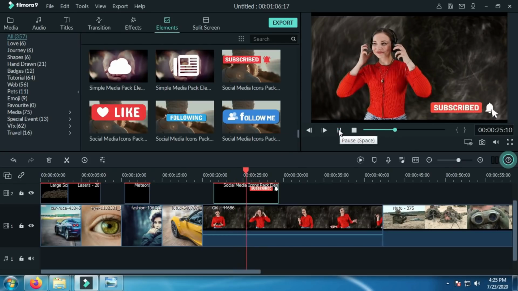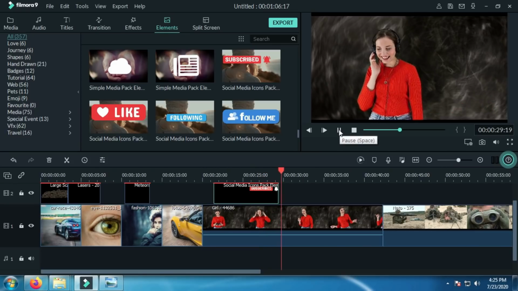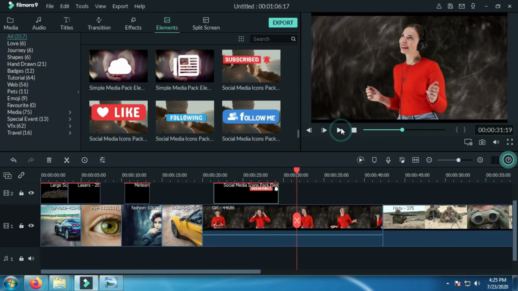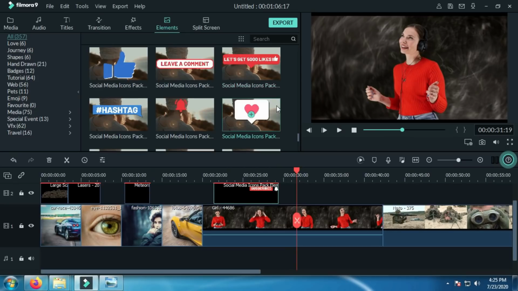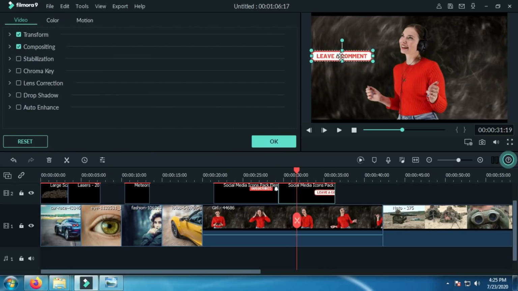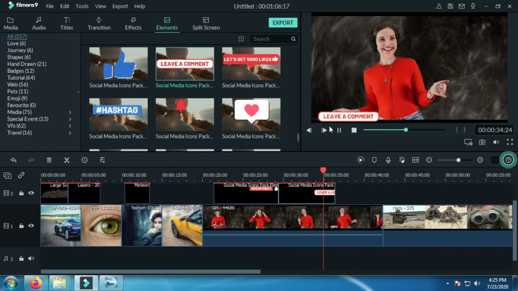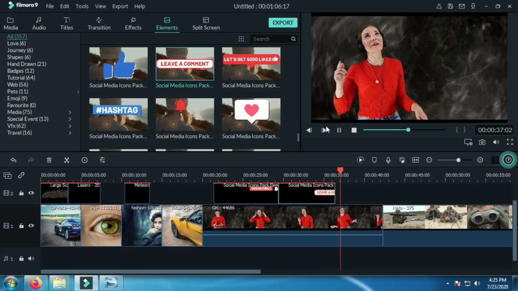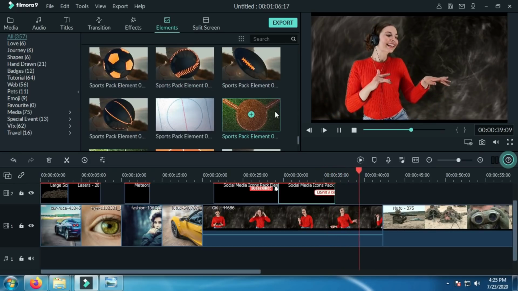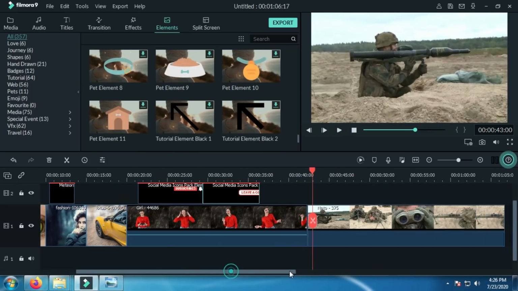You can adjust the places. Okay, I'm placing the right corner. Leave a comment element. Just add whatever you want based on your video or requirement.